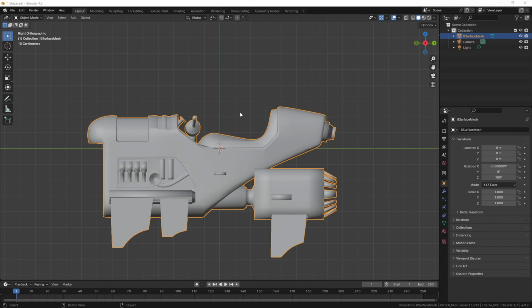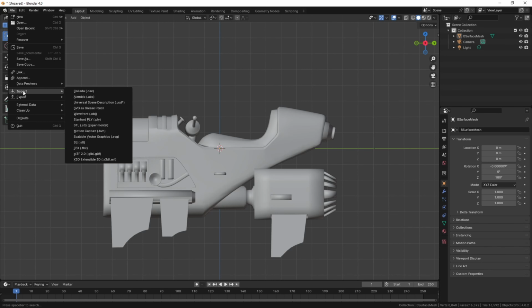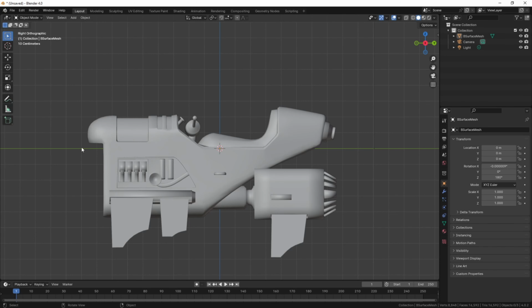After downloading that model, I imported the FBX file into Blender. If you haven't used Blender before, Blender is a free 3D modeling software that's really great for modding. I'll link it in the description below. To import the FBX file, you'll select File, Import, FBX, and then you'll select your file and then press Import